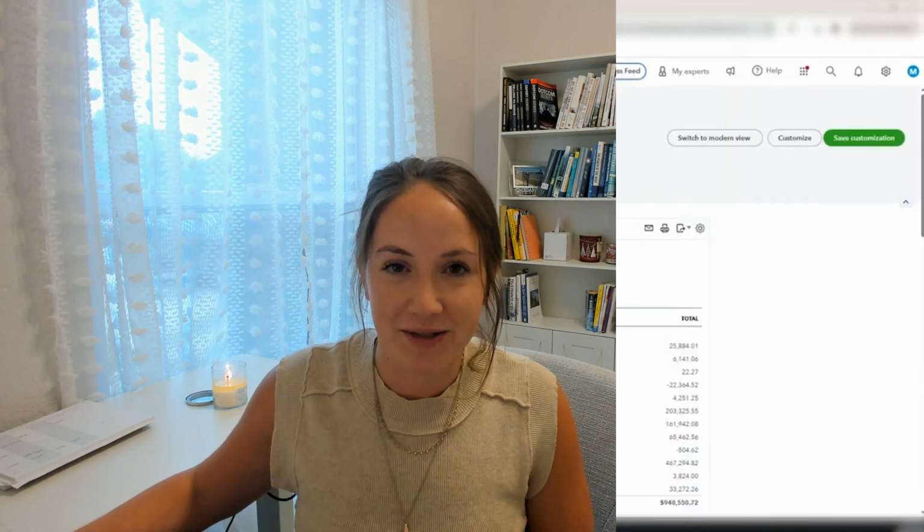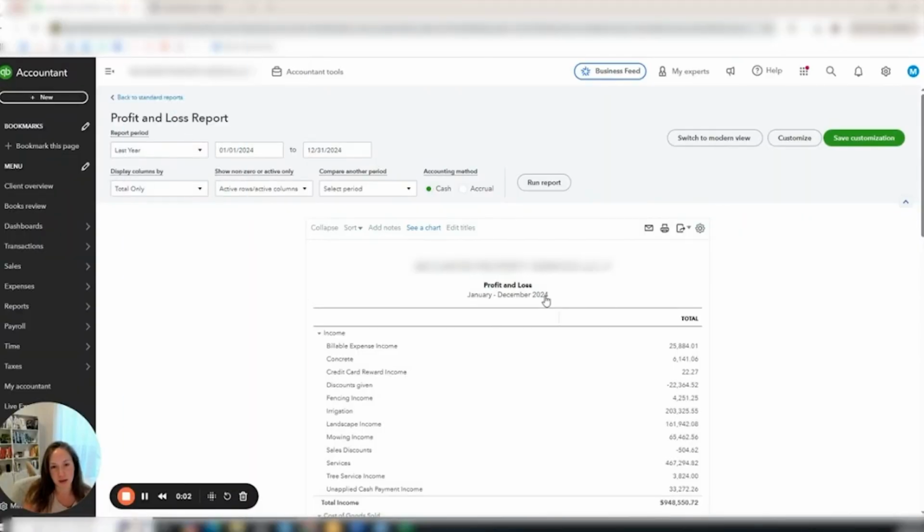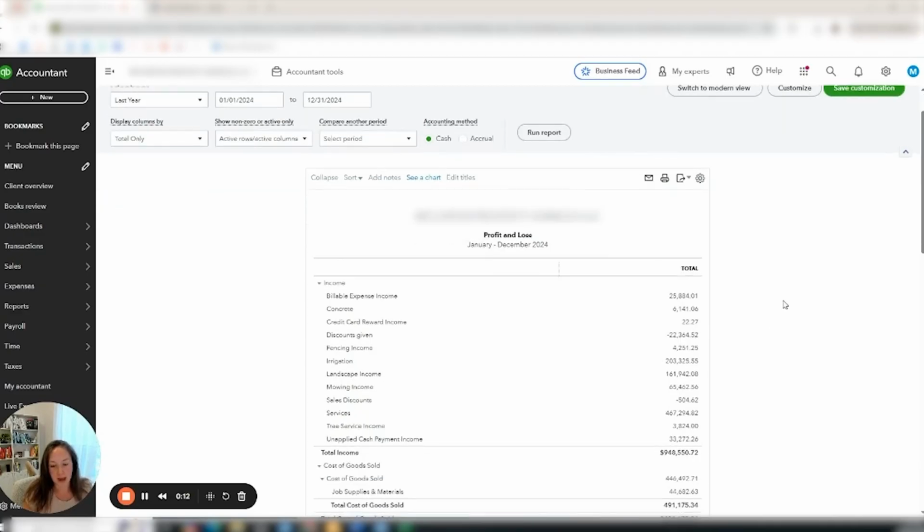So let's jump right here to help you solve unapplied cash payment income account. When you're inside of QuickBooks and you're running a P&L, depending on which report you're running, either a cash or an accrual, you may have this unapplied cash payment income account balance. So I'm working in this cleanup and I want to fix this. I'm working in a 2024 account, and for this 2024 account, I am trying to get this unapplied cash payment income